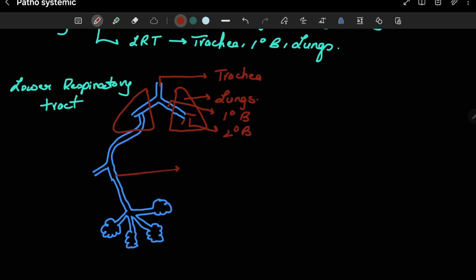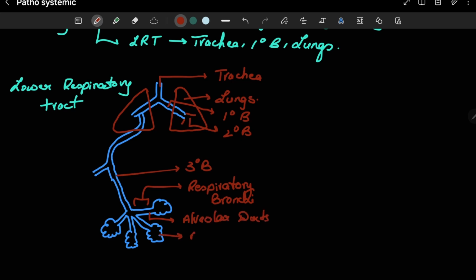This is the tertiary bronchi. Respiratory bronchi. Alveolar ducts